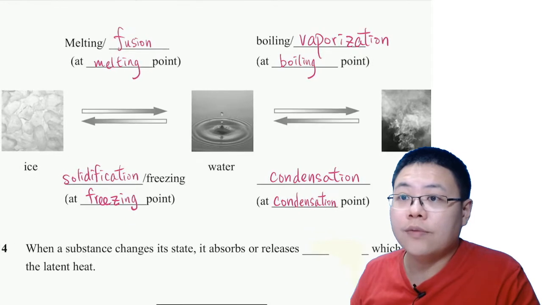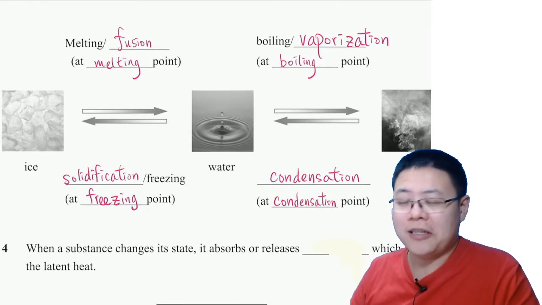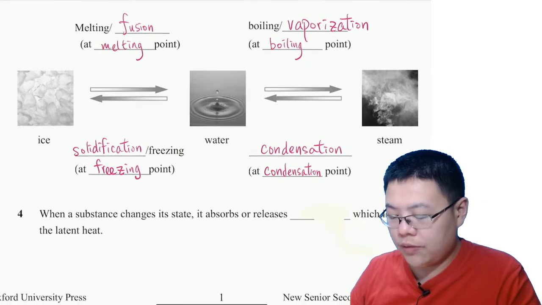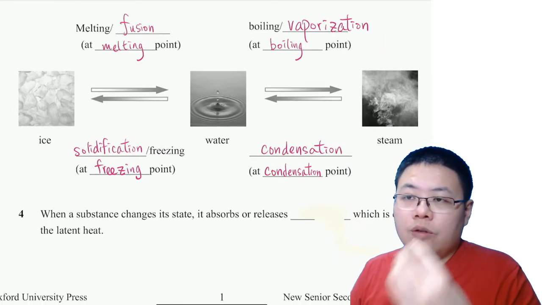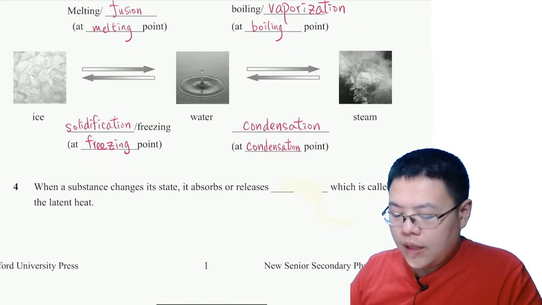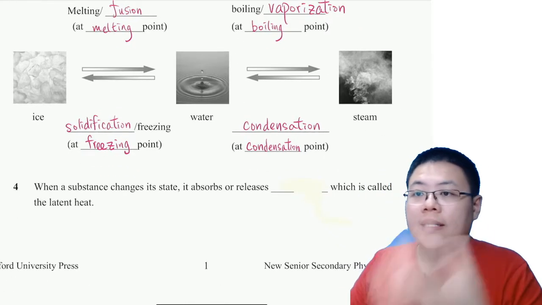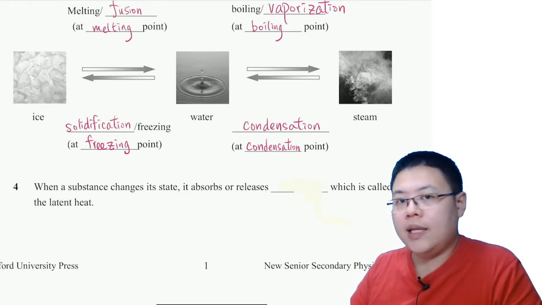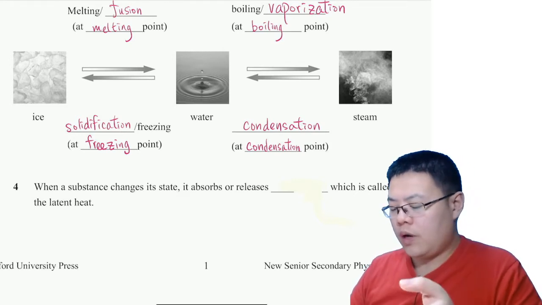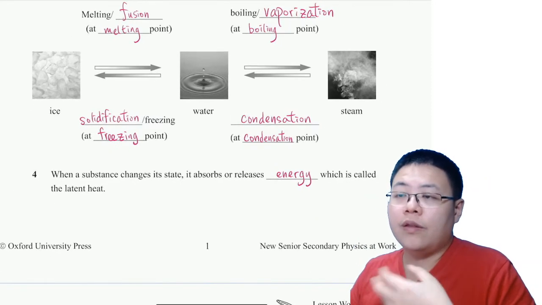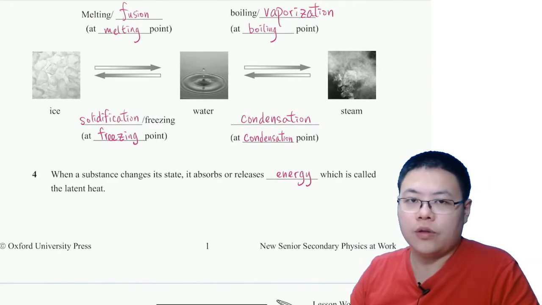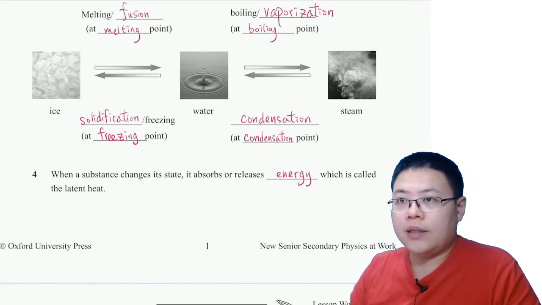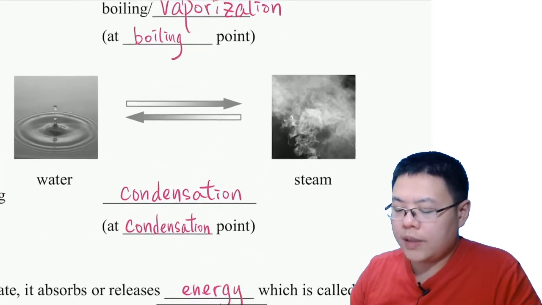so have a look at these words again. There are chances that they will be asked and used in some questions, so you have to know them when you see them. And then number 4, when a substance changes its state, it either absorbs energy or releases energy. The question is, when does it do absorption? When does it release energy? And you have to think about it. Do you think water becomes steam,